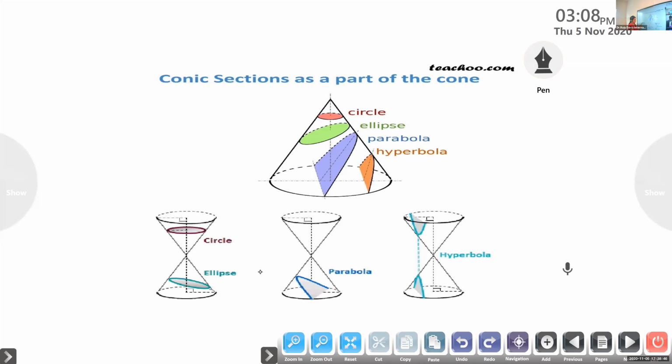If you cut this parallel to the base, you will get a circle. By slightly tilting it, you will get an ellipse. If you cut one side, you will get a parabola. If the plane cuts both the ends, you will get a hyperbola. So these are the four different sections we are going to learn: circle, ellipse, parabola, and hyperbola. And we have started with